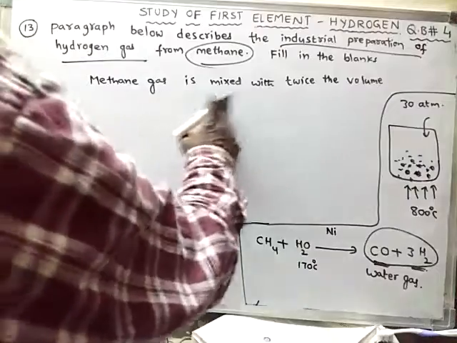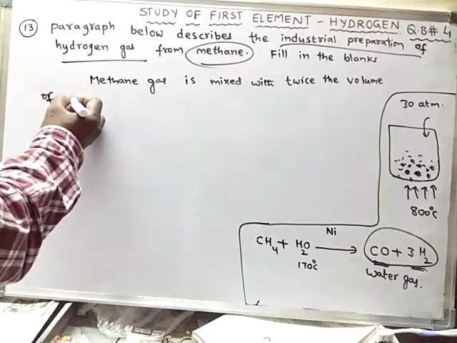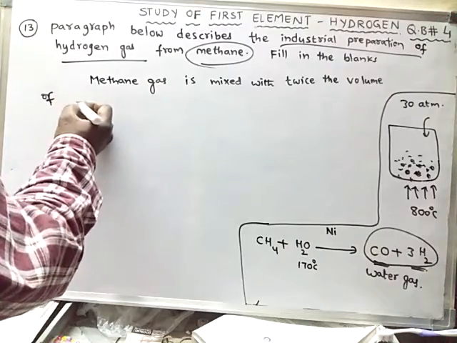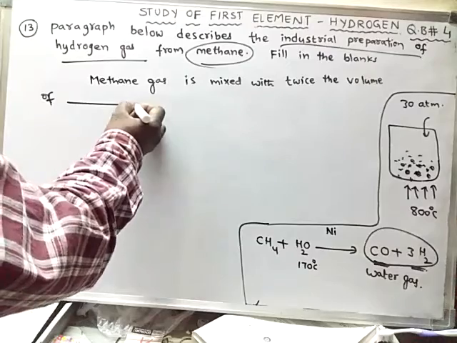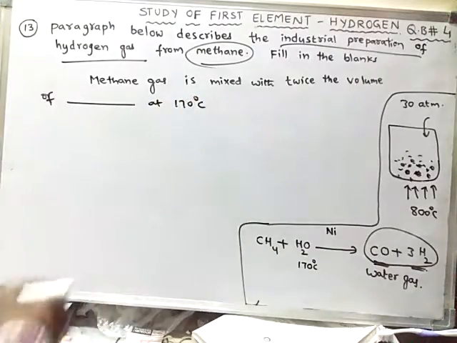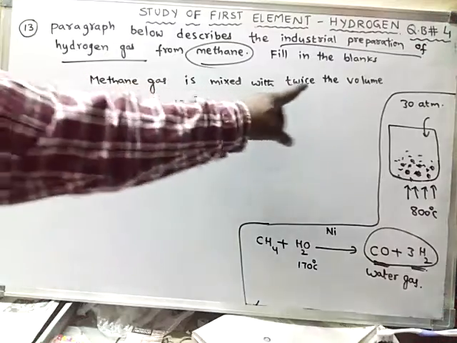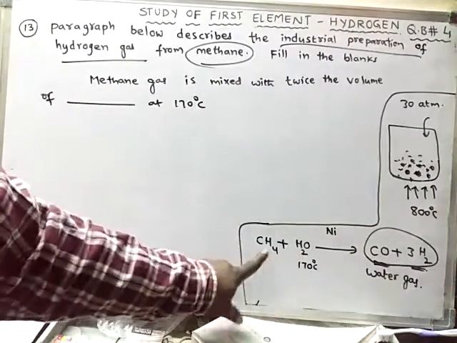So methane gas is mixed with twice the volume of what? Twice the volume of dash at 170 degrees centigrade. So this methane gas is mixed with what? Twice the volume of what? So already we know that methane gas is mixed with